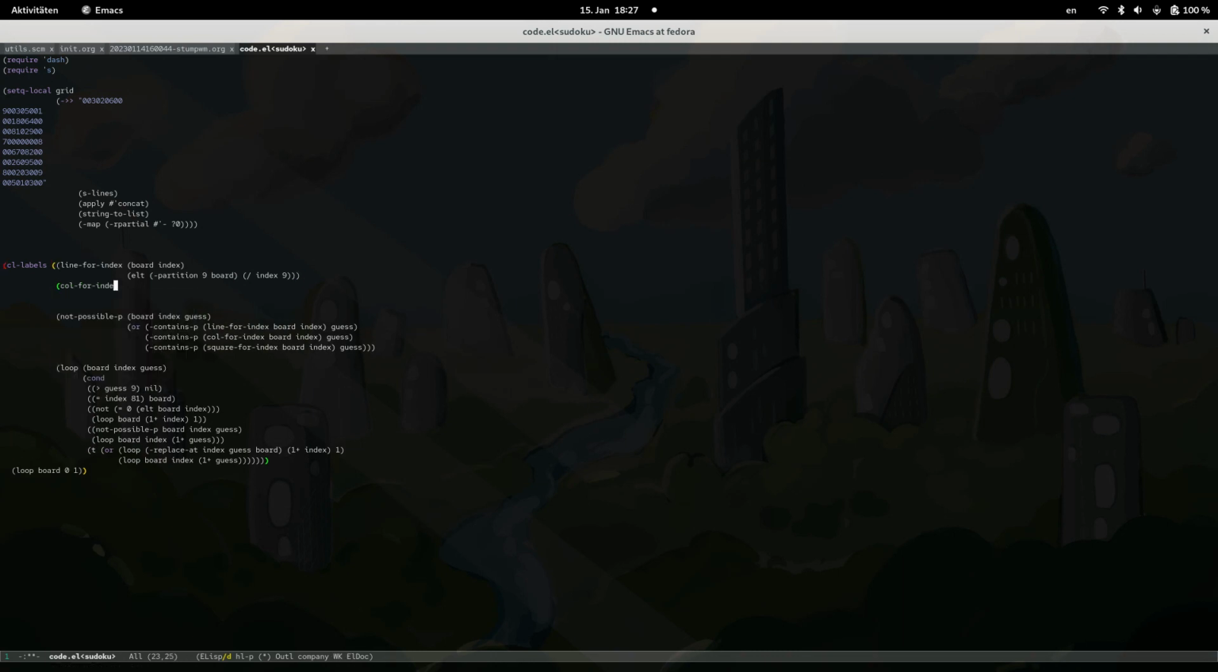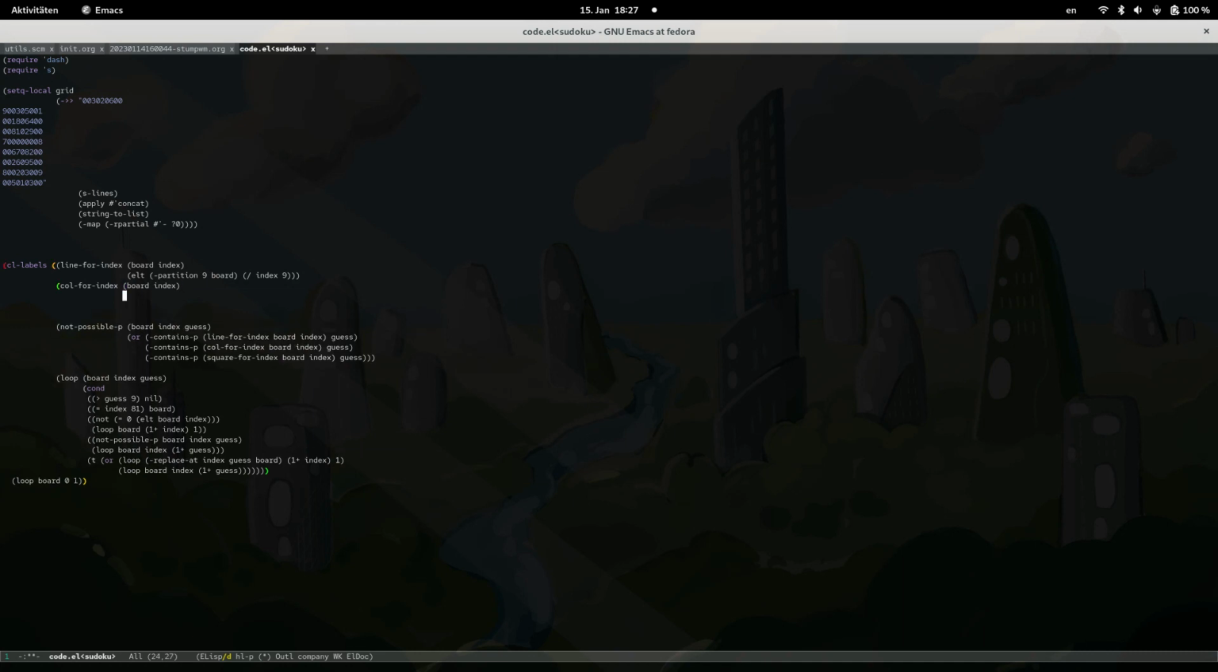Col for index, board index. Let's see how to do this one. What's the easy way? It's not going to be as easy like this, is it, unless we do a transformation of the board. Let's use slice. Then we can say we want every 9th element starting at a certain amount. So let's do this one. Let first